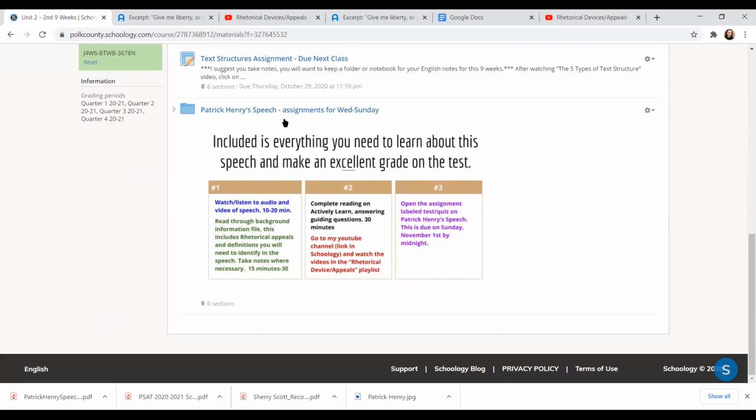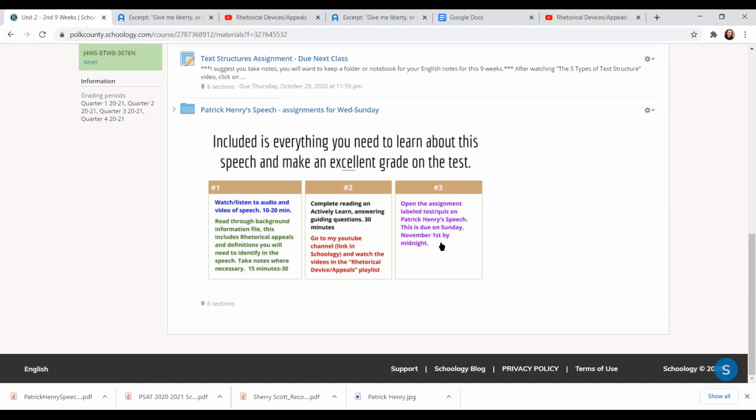And I showed you the required ones. Required one is that you read through the background information, that you read on Actively Learn, and that you complete the test based on that. Okay, so the questions on Actively Learn are not necessarily meant for a grade. They're meant to guide you as you go to make sure you're understanding what you're reading.